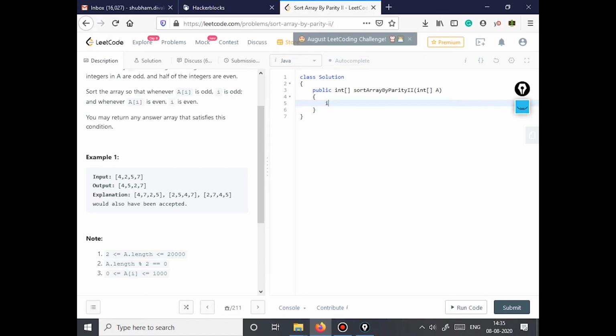So what I'm gonna do is I'm gonna take a dot length as n. I have to have two pointers, so pointer p1, which is for even, starts from 0, and pointer p2 will start from 1, right? So while p1 is less than n, we should not cross the size of the array, right? So while p1 is less than n, now what we need to do over here is we need to